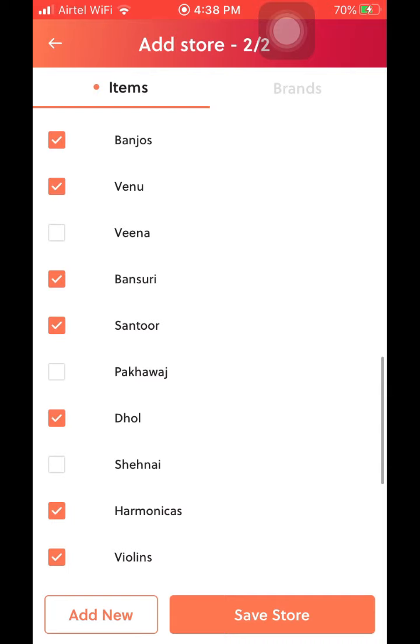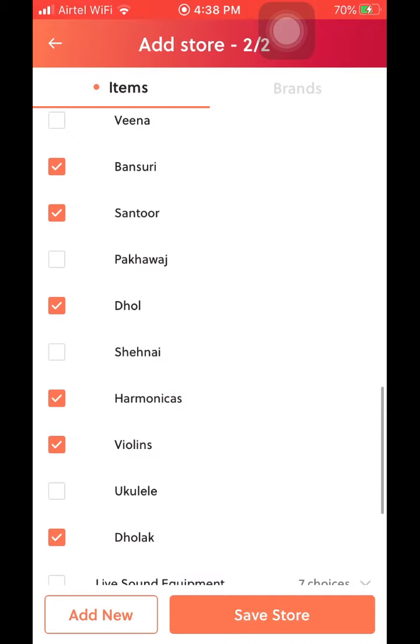You may find that there are some items that are not in the list that you believe are important enough for you to list. So at the bottom left, you find something called Add New. If you click the Add New button, you can then choose to add these items by yourself, in an open-ended way.